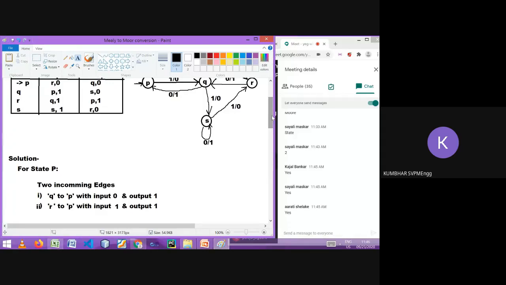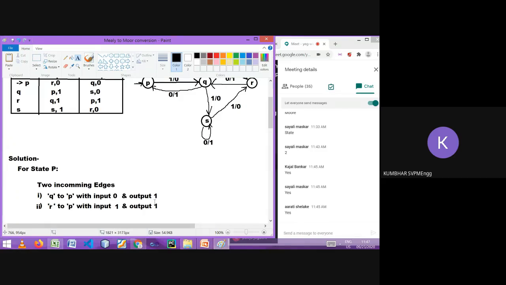Now listen. If all incoming edges are giving the same output, I repeat, if all incoming edges are giving the same output, then create that state with the respective output for the Moore machine. Means if you see here 1 and 1 is the output, then this state P in the Mealy machine will be represented in the Moore machine with output 1.